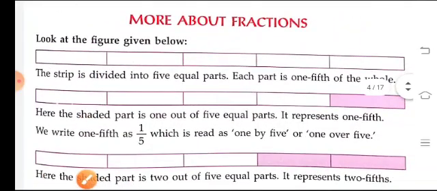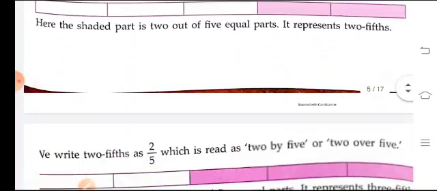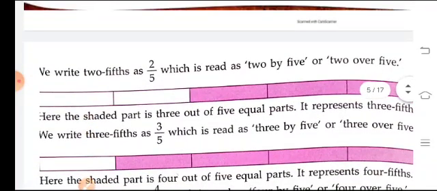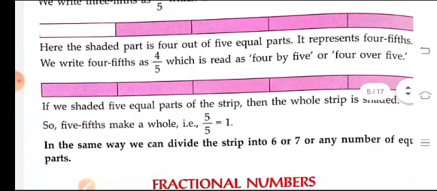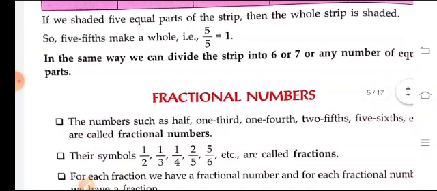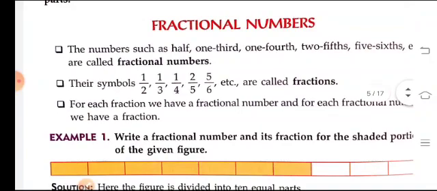Now we will learn more about fractions. Okay, so there are other fractions like 2/5, 3/5, 2/10, right? So the first number will represent the numerator, it means the upper part, and the last number will represent the whole. Okay, so you can see here 1/2, 1/3, 1/4, these are fractional numbers. 1/3, 1/4, 2/5, they are known as fractions, right?